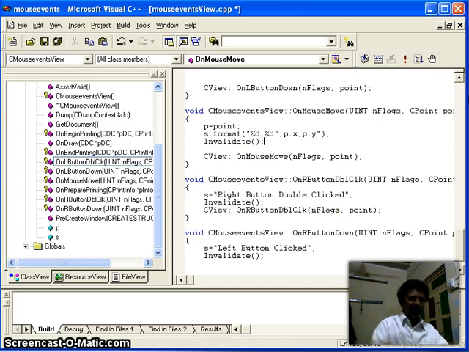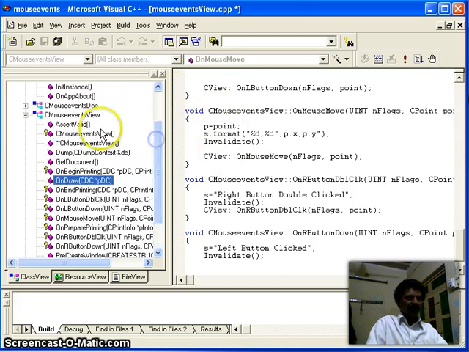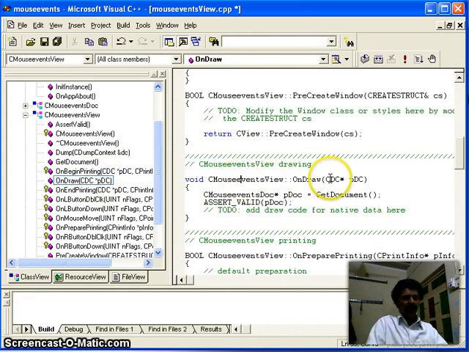Now I said that I will explain what invalidate is. Whenever you say invalidate, it will call a special function here, the OnDraw function. This function is responsible for writing or displaying anything in the view class. The OnDraw function is used to write or draw anything, therefore we shall make use of this one. This function has an argument of class CDC, which is of type address, and the variable name is pDC, pointer to a device context.